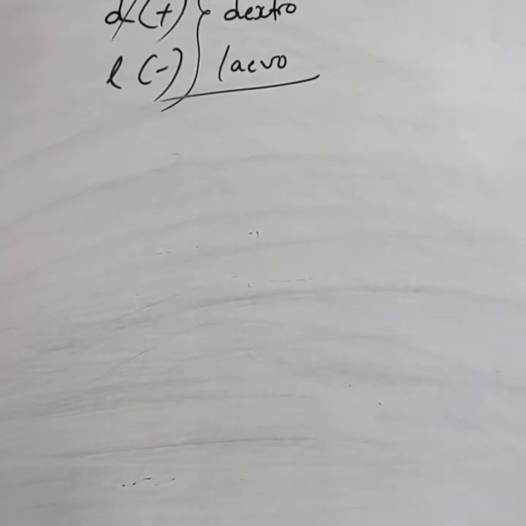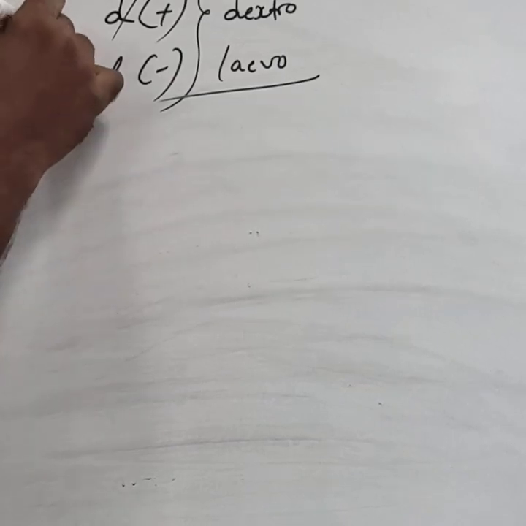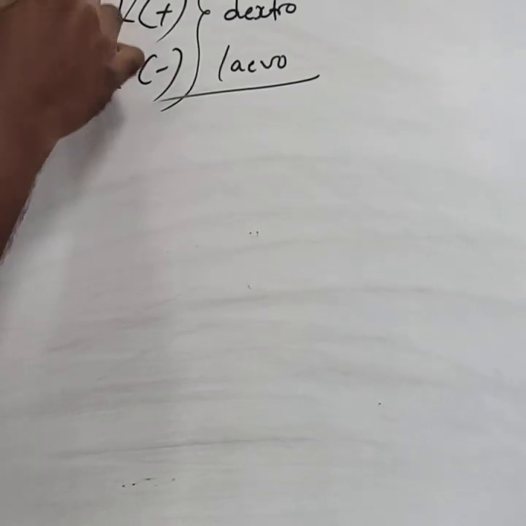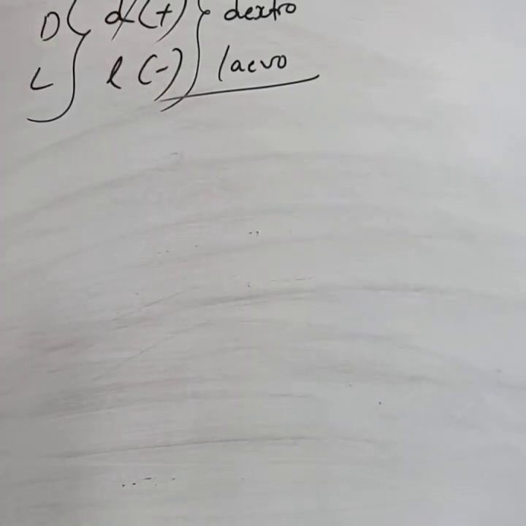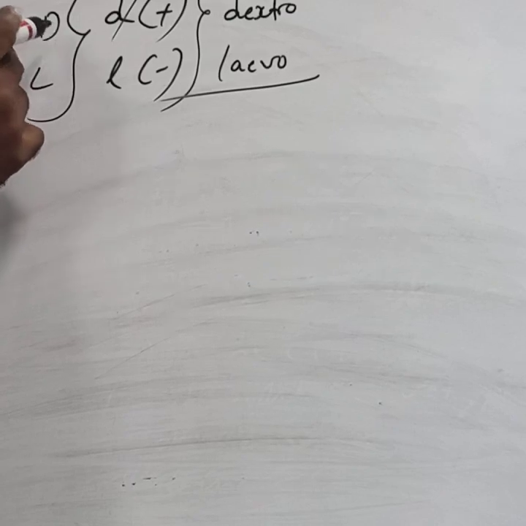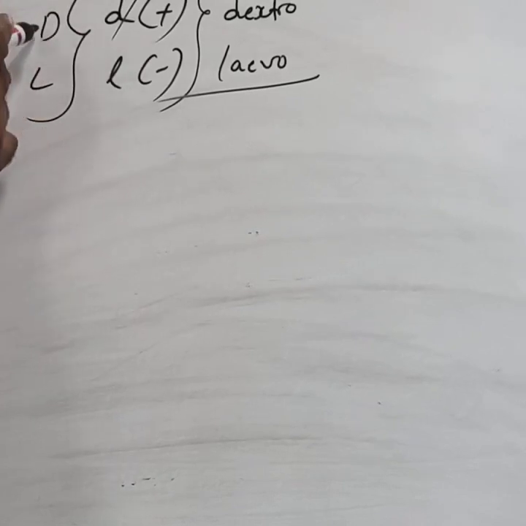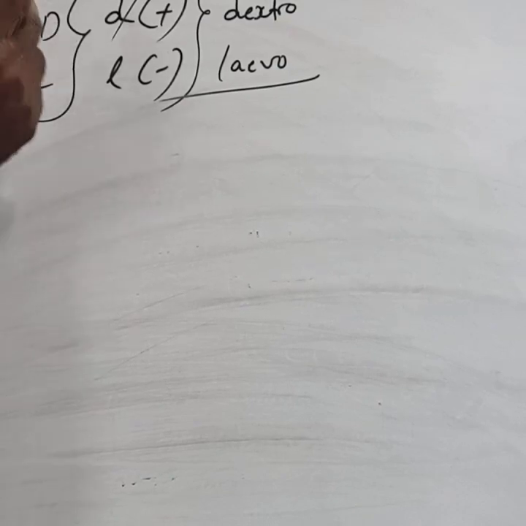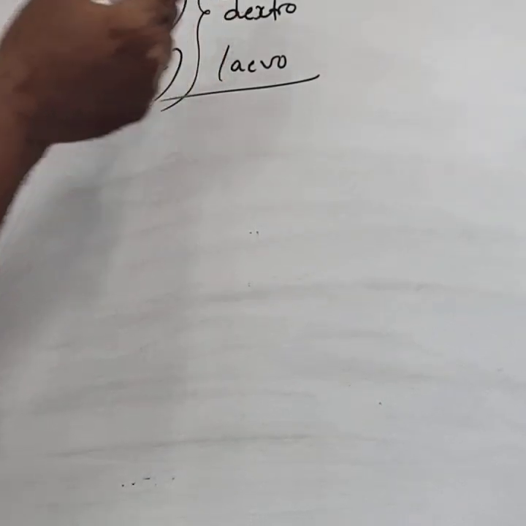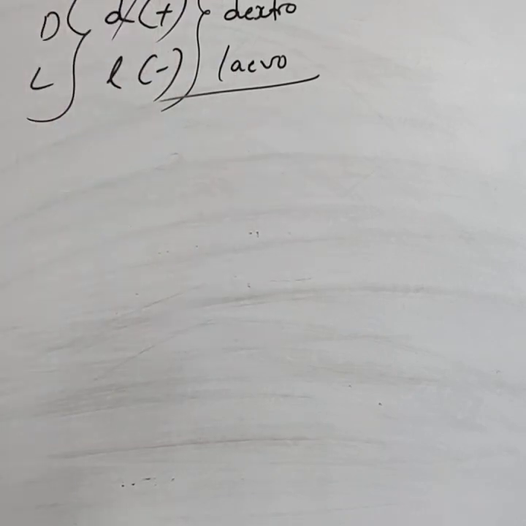Then it is levo. Capital D, capital L are different from small d and small l. Capital D, capital L are used for representing the OH on the asymmetric carbon atom. If on the asymmetric carbon atom OH is on the right side, then it is capital D. If on the asymmetric carbon atom OH is on the left side, then it is a capital L. Small d means it is a dextro. Small l means it is a levo.